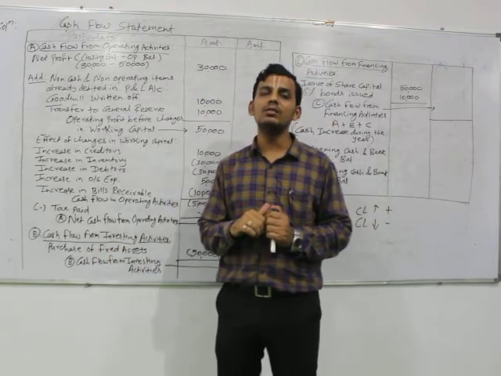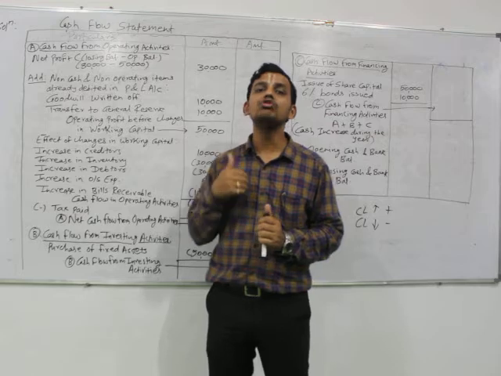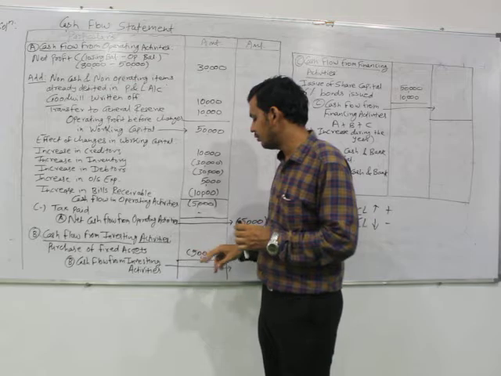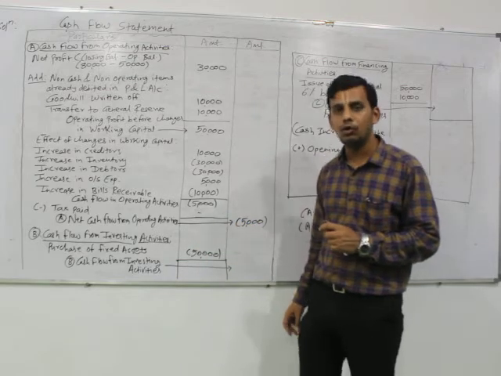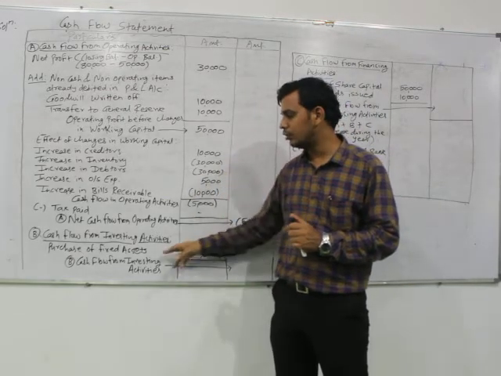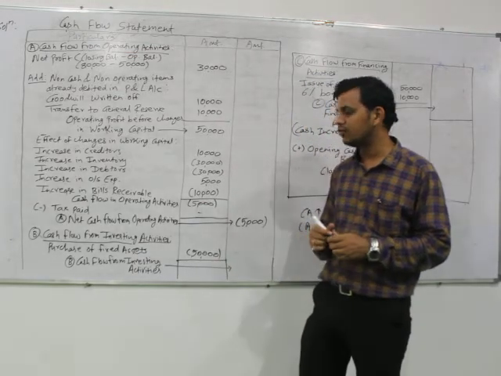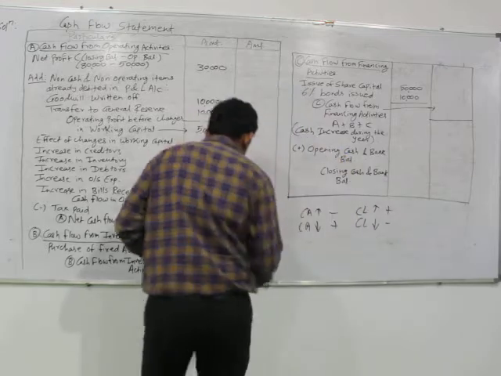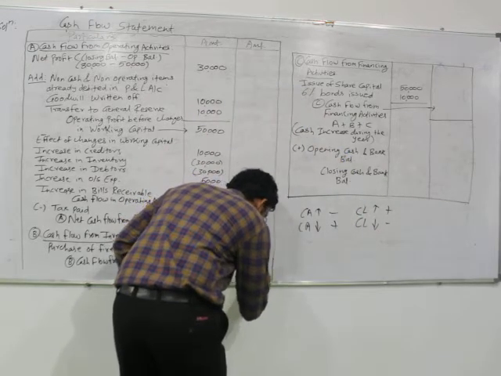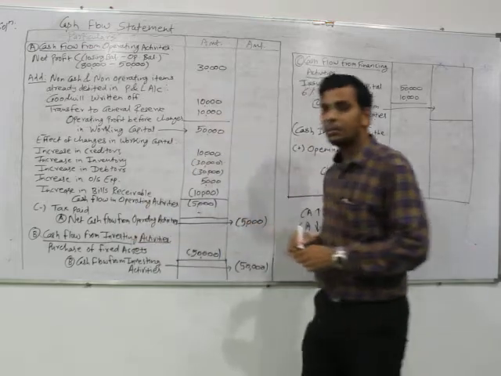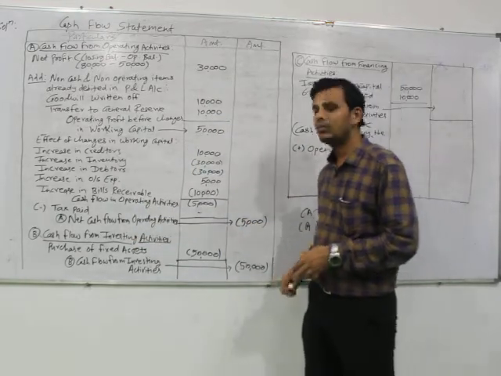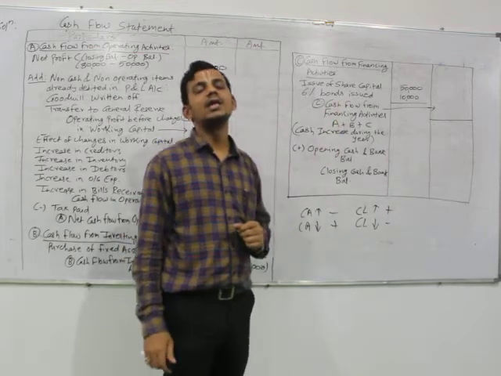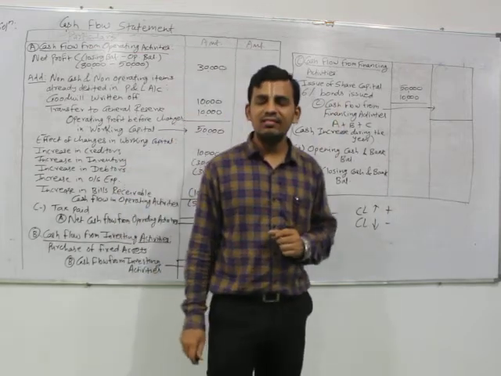When the fixed assets have been purchased, it means that there would be a definite cash outflow from the business. Therefore it is marked as negative 50,000, because the cash has gone out of the business due to purchase of that asset, hence it is shown with a negative mark. Then there is only one item, hence the total cash flow from investing activities would be minus 50,000. Next would be the third segment, which relates to cash flow from financing activities.